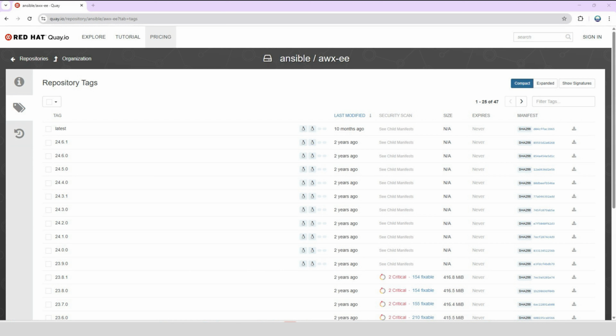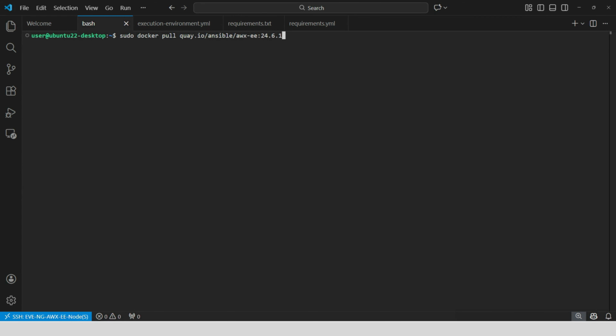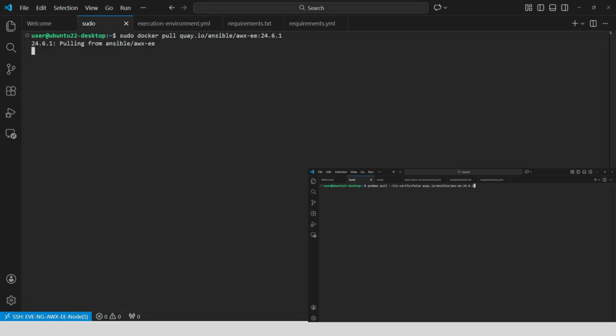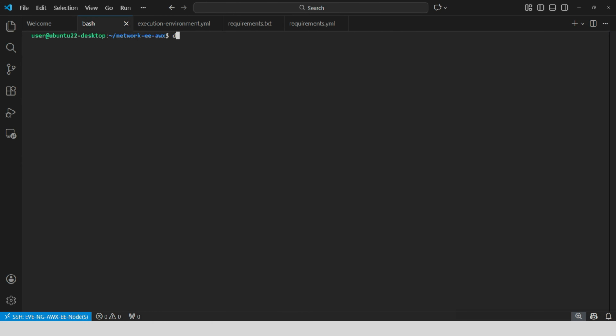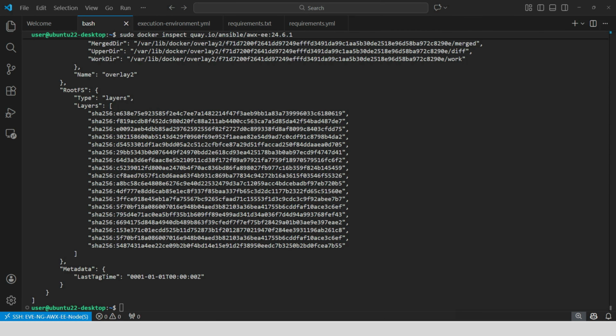Now here is a pro tip. You can download the base image beforehand and store it locally, so Ansible Builder won't have to pull it fresh. Let me do that real quick. I'm using the docker pull command here, but the same thing works with Podman if that is what you're running. Let's verify it is downloaded. And here we go. We have the AWX-EE version 24.6.1, about 1.75 gigs. We've got our base image ready locally.